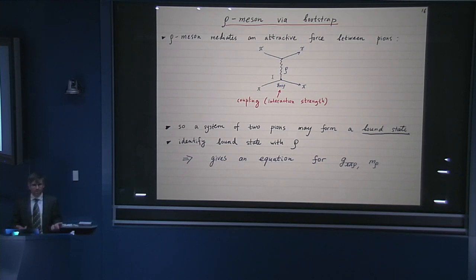And so what is this bound state? Well, then you say, perhaps this bound state is precisely the rho meson itself. So now you start seeing there is some self-consistency going on. The rho meson plays simultaneously two roles. It's the particle which mediates the interaction, but at the same time, it's the particle which comes out as the result of mediating the interaction. And if you take this assumption, then it gives you an equation for the coupling and for the mass of the rho meson. And people solved this equation. They got a number which was in reasonable agreement with experiment, for those standards. So that's the way it worked.